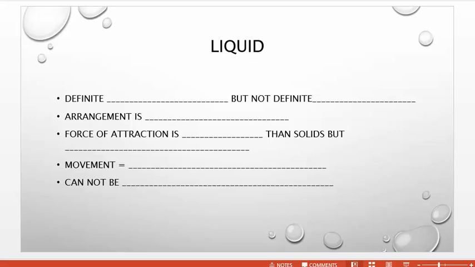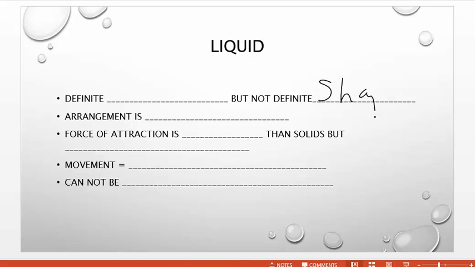Again, I'm going to talk about the same things. They have a definite something, but not a definite something else. So in the past, we were talking about shape and volume. So do liquids have a definite shape? Well, if you think about it, if I have water, I can pour it into a coffee mug, a wine glass, a drinking glass. I can pour it into a bowl, and it's going to take the shape of that container. So it does not have a definite shape,